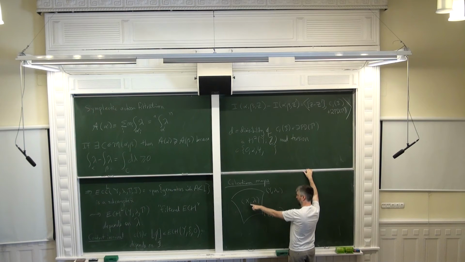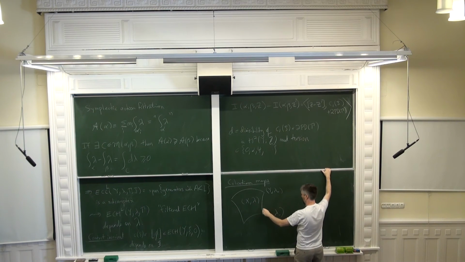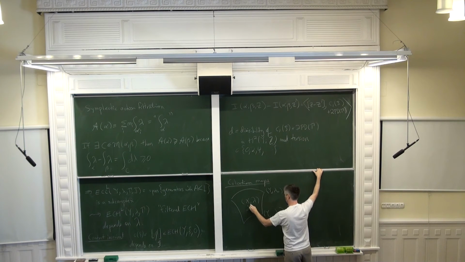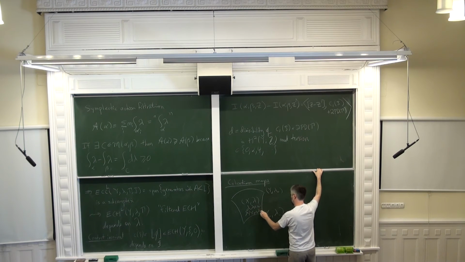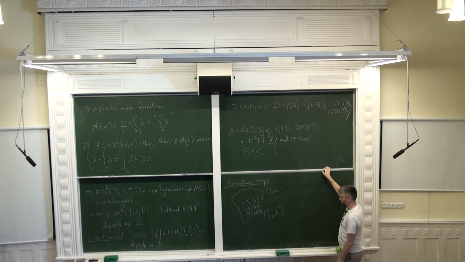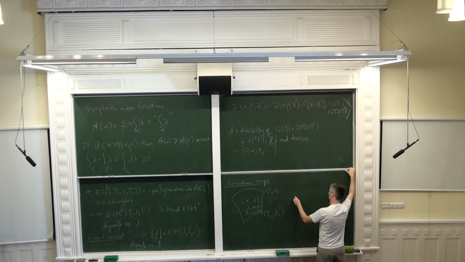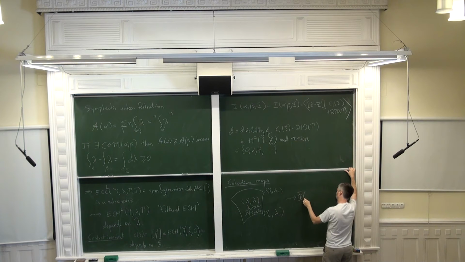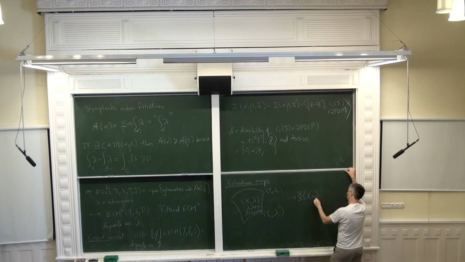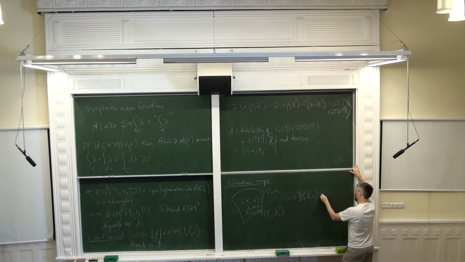So here lambda is a one form on X, such that d lambda is a symplectic form on X. The lambda restricted to Y plus or minus is lambda plus or minus. So as I mentioned in the first lecture, this induces a map from the filtered ECH